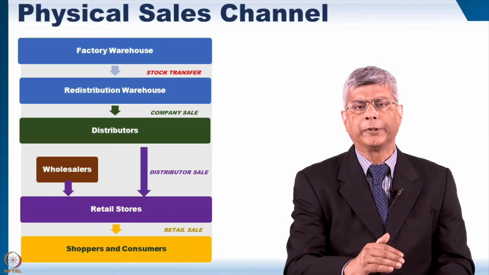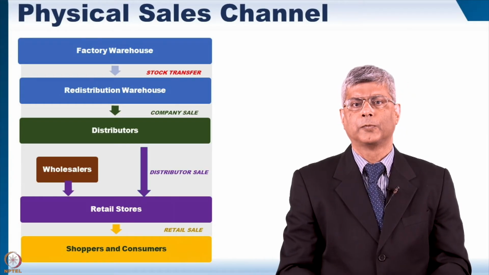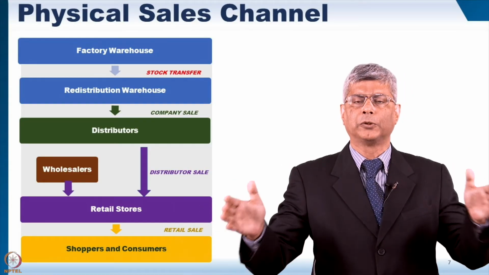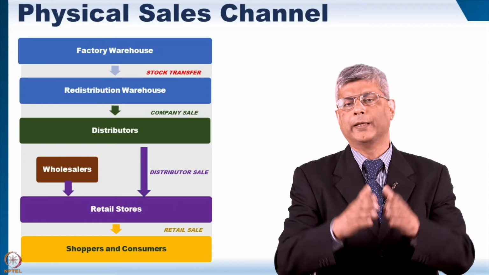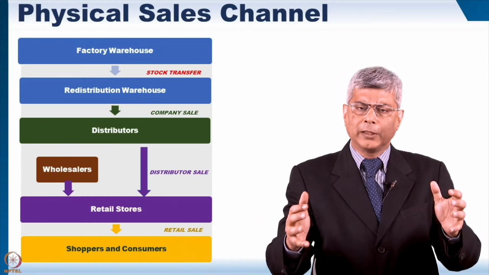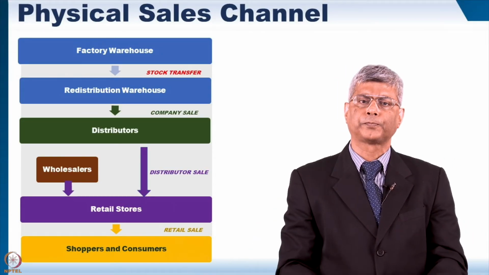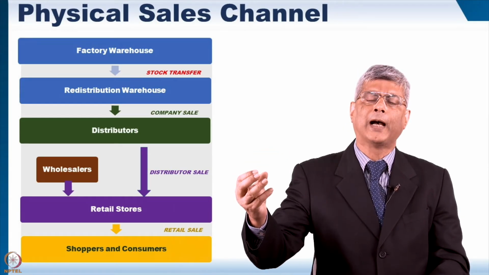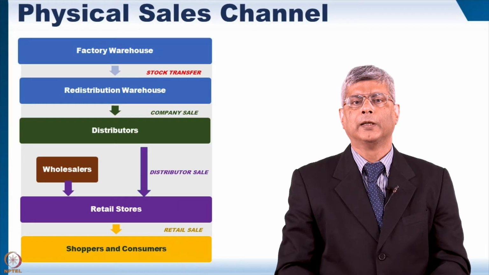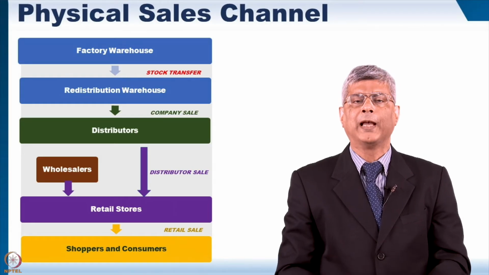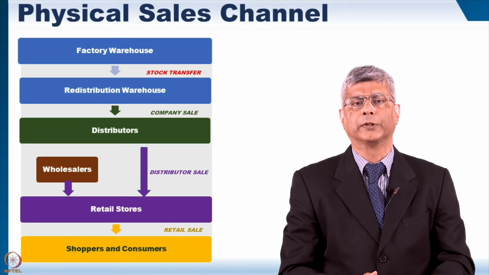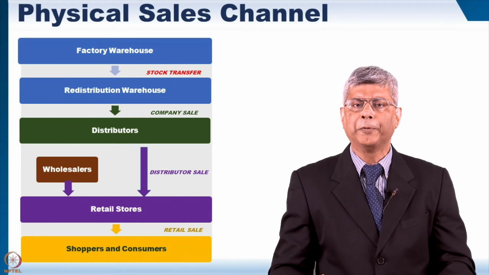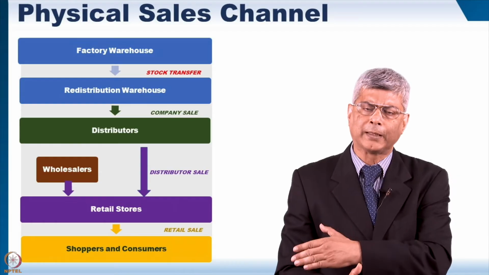So you need distributors who will buy the product not in a truckload or in a huge quantity, but in smaller loads. So maybe a company may have a very large warehouse outside Bombay, but within Bombay they may have 20, 30 distributors. They're probably not buying in big truckloads. They may be buying in cartons. And we'll see some examples later on.